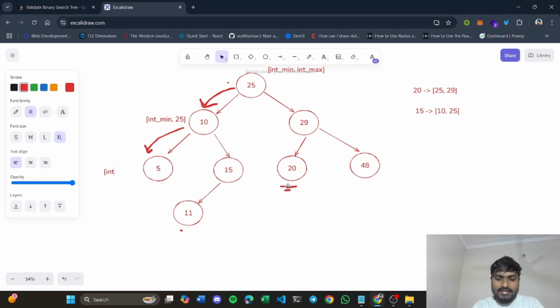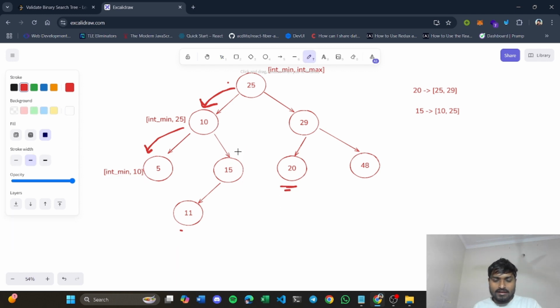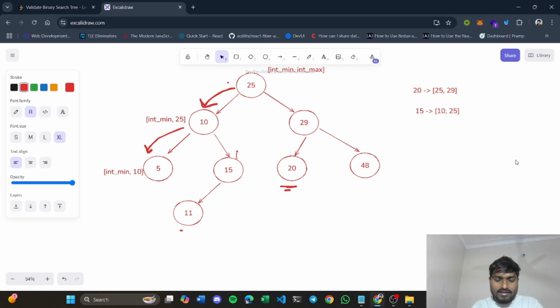It should be greater than int min but lesser than node 10, right? Similar condition will hold for this 15 also, when you come to the right of 10. For 15, it should be greater than 10 but lesser than int max, right?